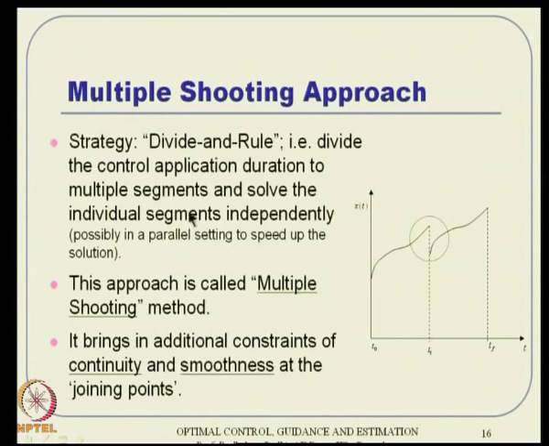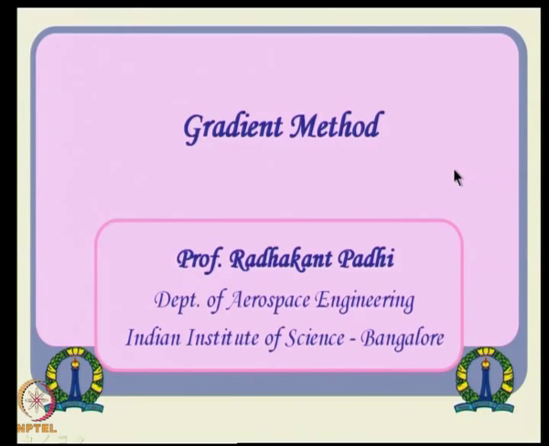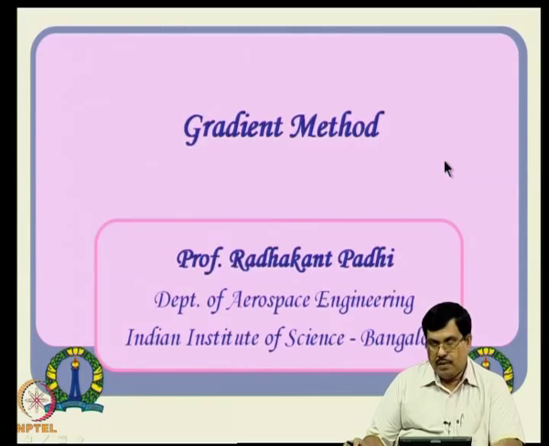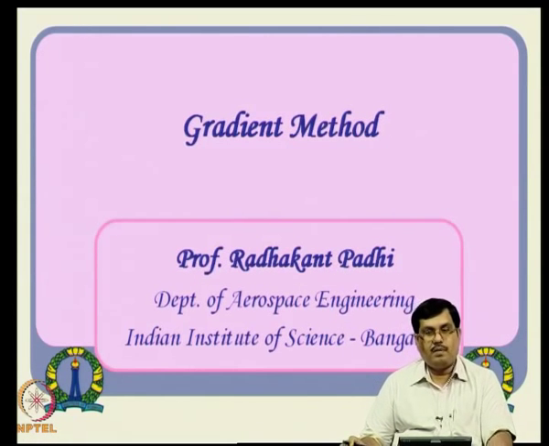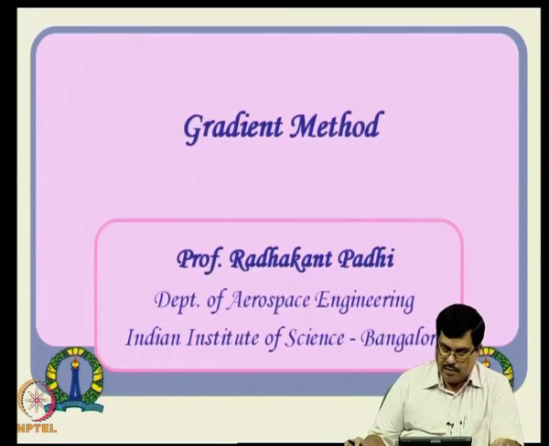Okay. But this is the whole idea of multiple shooting, and most of the time this multiple shooting approach is extended further and further, and people talk about direct transcription methods and all that. We will see that later in this course actually. But anyway, this is the whole idea of the shooting method as well as multiple shooting actually. Now, what about the gradient method? The second method. Remember we talked about, we intend to discuss 3 methods here actually.